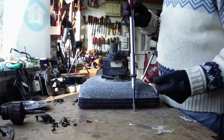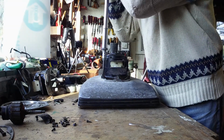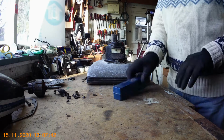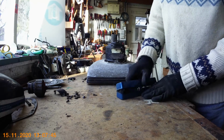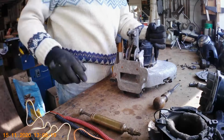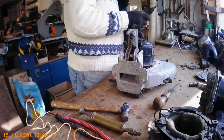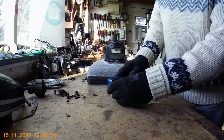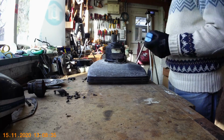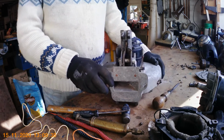I found by using this huge Spiralux screwdriver, I could actually put some pressure on and get them out like that. So I was lucky and I did manage to get them out. Another way is to use one of these things. This is an impact driver. They're cheap enough to buy, and all you do, you simply pop it onto the screw in question and then get the hammer and give it a good few sharp clouts, and that will often force a difficult screw out. If all else fails, you might have to actually file or grind the top off and force it out that way. Before you remove the motor, you need to take this off the handle mechanism, and the easiest way to